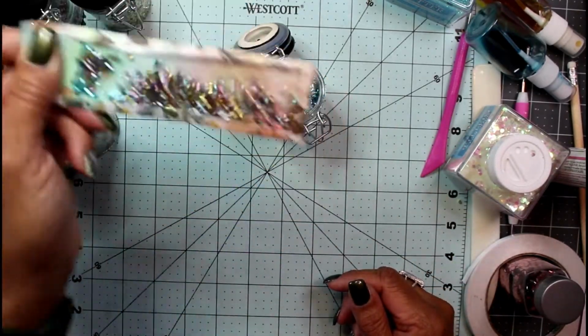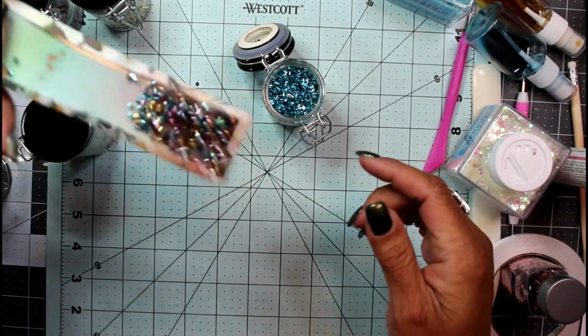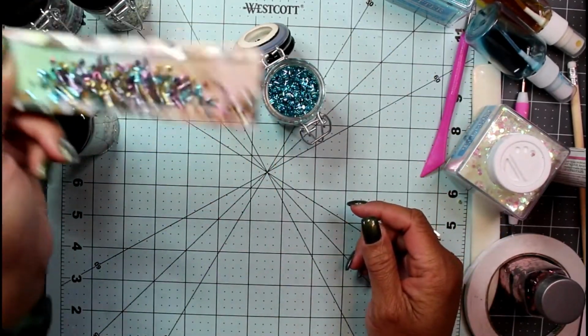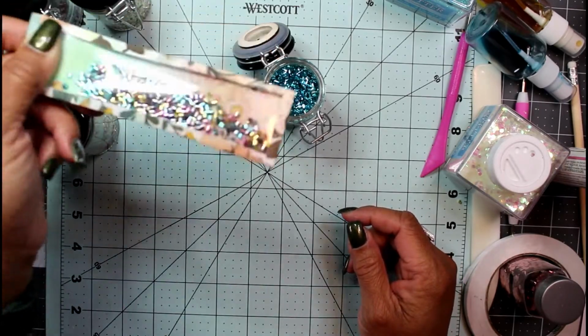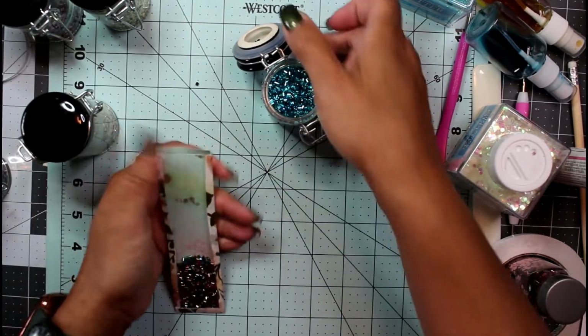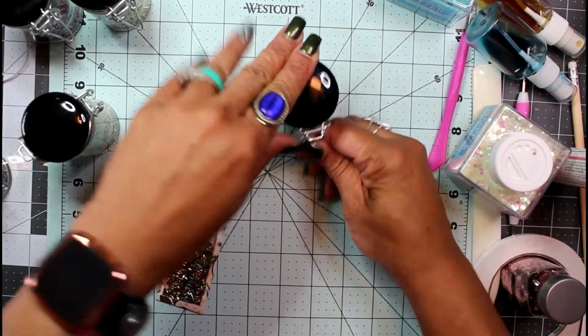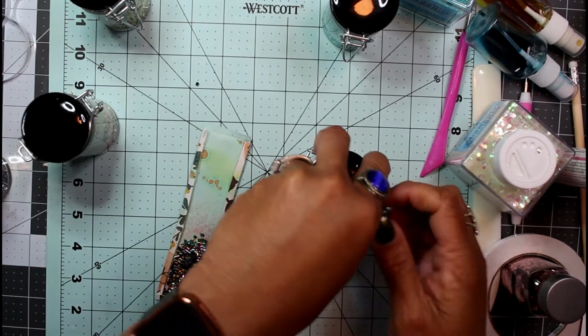Once you mix them all together and they're not like, you know, colors stacked, it really looks pretty. And then you can decide which one you want more of, if you want more blues, more purples, more golds, or more pink. And I think I want a little bit more pink in this one. And then